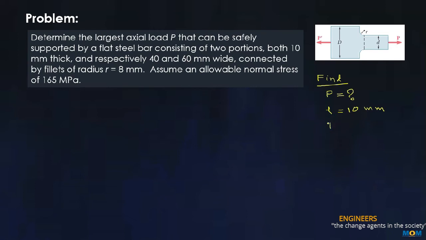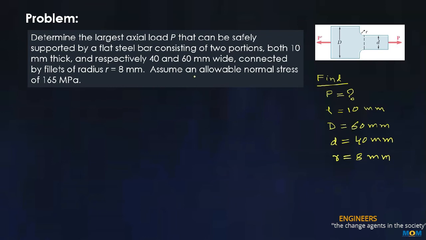So D here is going to be 60 millimeter and small d is 40 millimeter wide, connected by a fillet of radius R 8 millimeter. So this R is 8